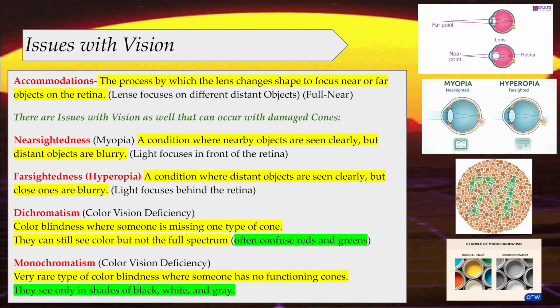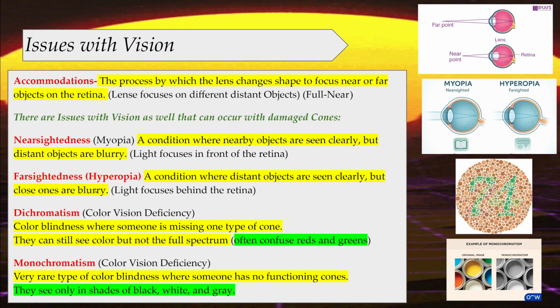So if you look at this image here, you can kind of see it at the top right. When we're looking far, it has to kind of squeeze and make itself very skinny to help us focus in a long distance. Then when we look at stuff that's close by, our lens gets very wide, almost like a ball, to kind of collect as much data as possible.